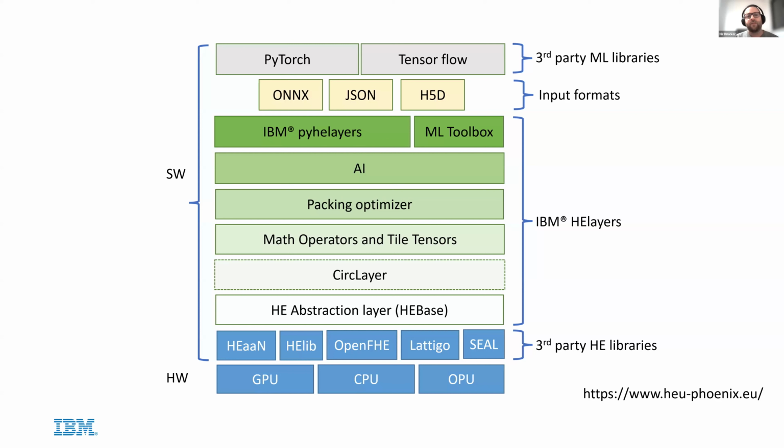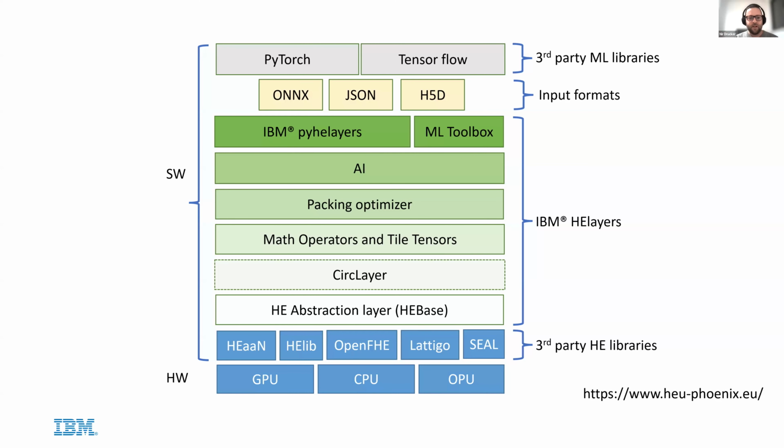Let's start from here. The name HE layers comes from the layers, and I think also in the OpenFHE talk before, we saw that they also have layers. That's where the layers of HE layers came from, and the understanding that every layer is important in this chain, and every layer contributes something different, and it won't be possible to capture everything in just one simple layer.